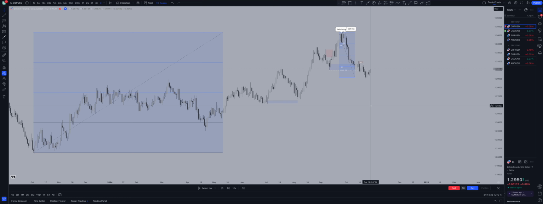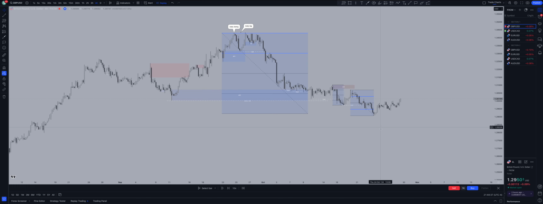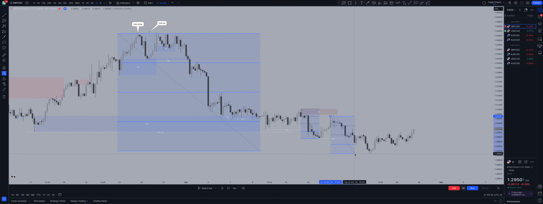So, starting off with GU, daily swing is bullish, daily internal leg is bearish. We got a daily ISP to the downside. 4 hour is also bearish. There is an argument to be made that your 4 hour is